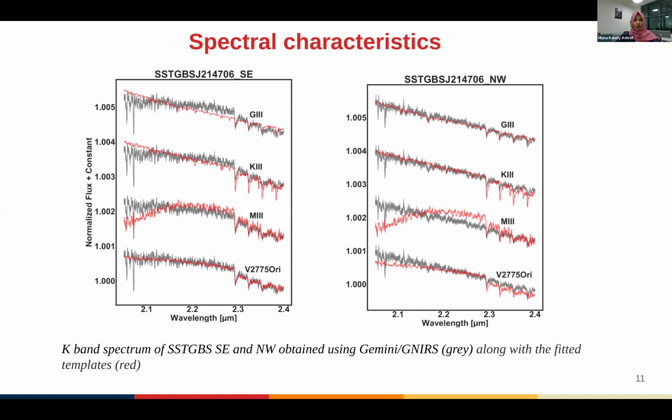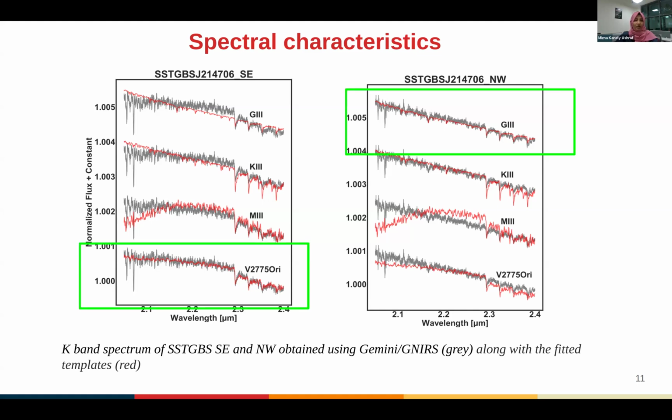And we wanted to try to spectral type these objects using the IRTF spectral templates. We found that when we use the spectral templates, the SC component, the outburst, was not properly fitting any of the spectral templates, except that towards the red part, it fits an M-type star. And when I added